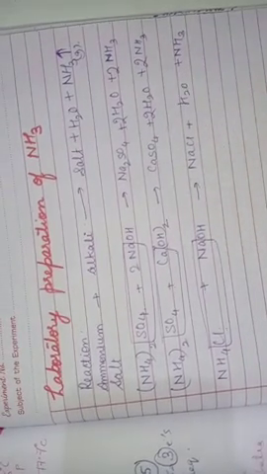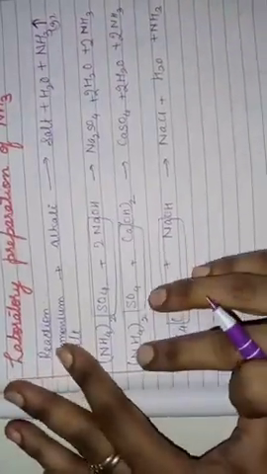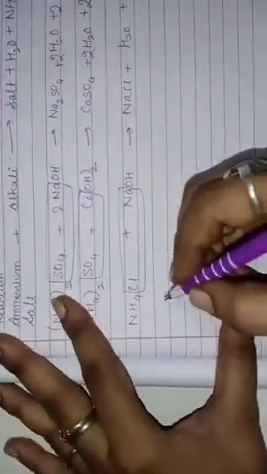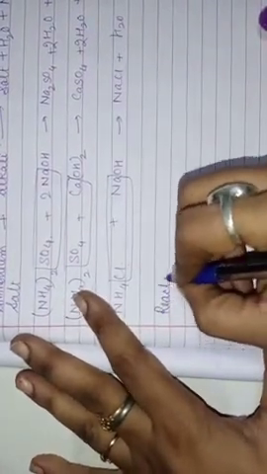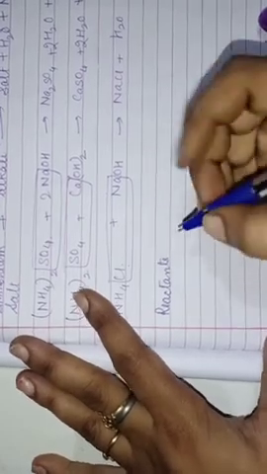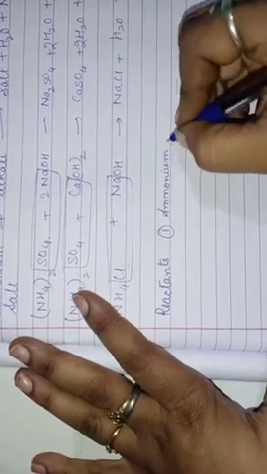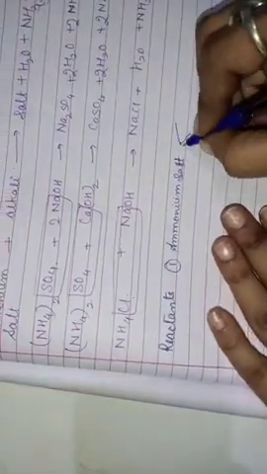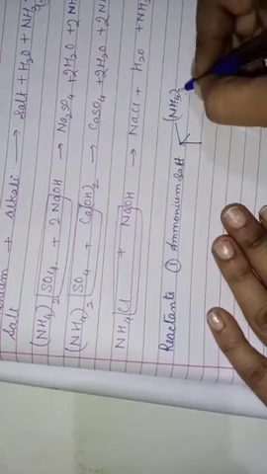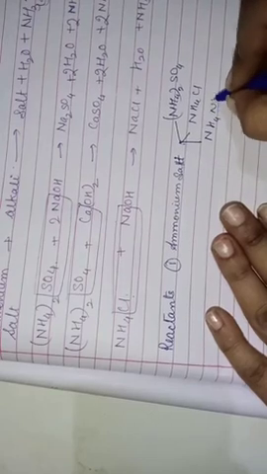Now let us discuss one by one all the characteristic properties of this laboratory preparation, children. The first thing we have to discuss is about the reactants. The first reactant we are taking here is ammonium salt. I have shown you 3 examples of ammonium salts, yes or no? We have ammonium sulfate, ammonium chloride, and the third type of salt is ammonium nitrate.